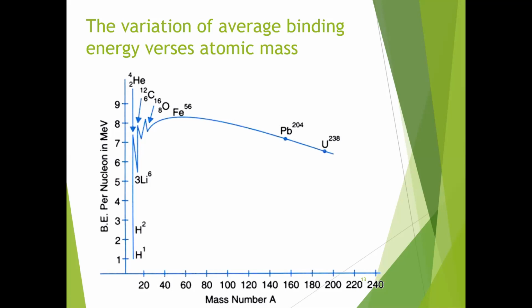We can also discuss the concept of long-lived isomers. When you plot a graph of long-lived isomers against the proton number Z and neutron number N, we get groupings just below the magic numbers. These groupings are called islands of isomerism. From this we can discuss the stability of the nucleons.